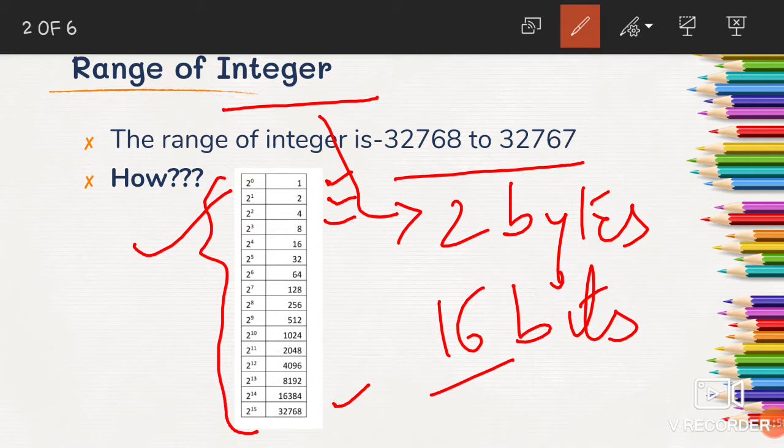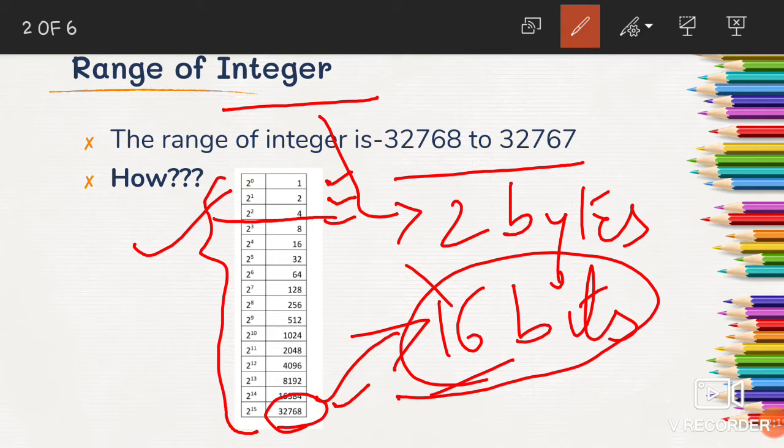If I calculate this, 2 raised to power 0 is equal to 1, 2 raised to power 1 equals 2, then 2 raised to power 2 equals 4, and so on. So the maximum value for this is 32768. The maximum value that these bits can carry is 32768 with this kind of calculation.